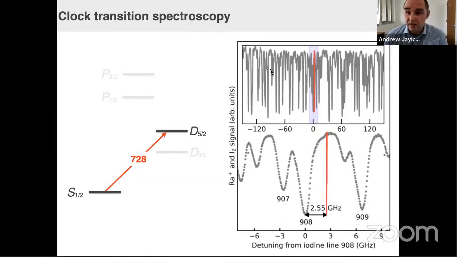Right. Then we had to actually measure the frequency. This is indicative of how we measured a whole bunch of frequencies in our system. We just drive the transition and compare that transition to vapor cell spectroscopy that we do in parallel. In this case, in iodine, we also use tellurium for some of the bluer transitions.